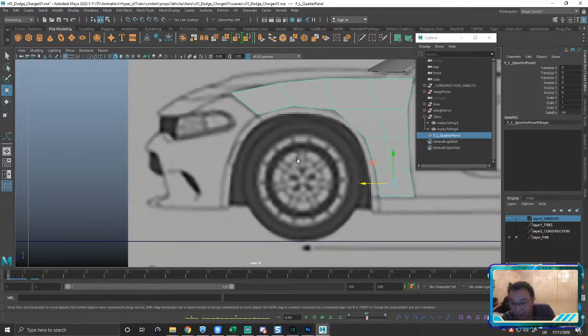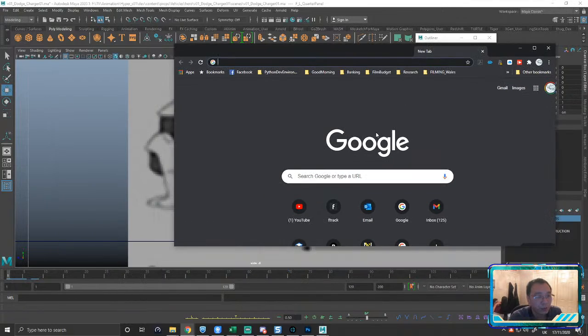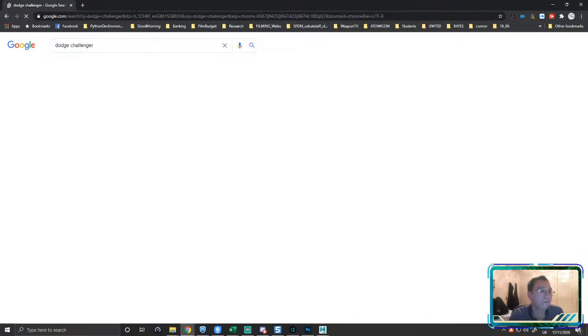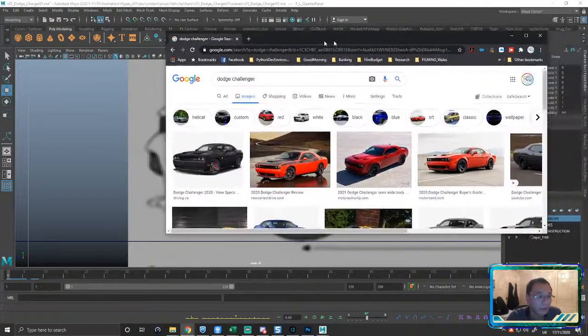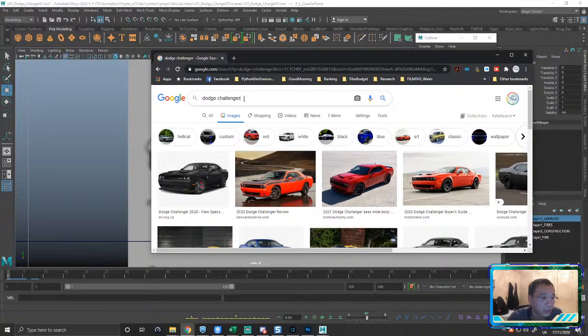So a couple of things that you guys might not realize, right? Yep, approach it using NURBs because you have those smooth curves and things like that, right? I'll tell you what makes that kind of difficult is this lower area, right? And discussing it based on the blueprints is not a good idea. So let's take a look at a Dodge Challenger, right? I will constantly be banging on about reference material to you guys. So, no, this is not a Challenger. This is the Charger, isn't it? Yeah, it's a Charger.